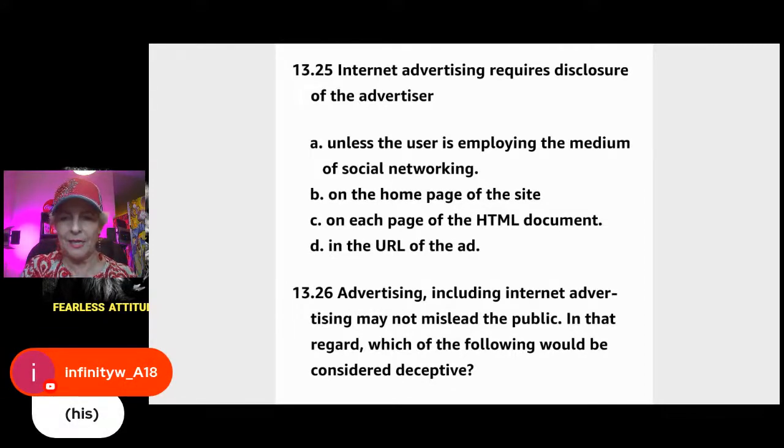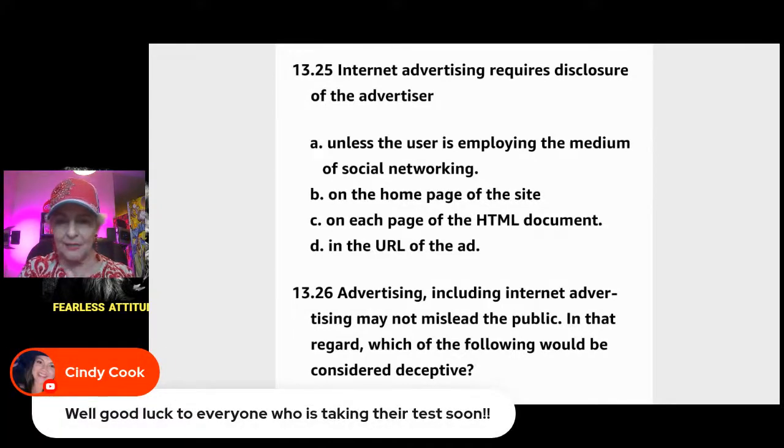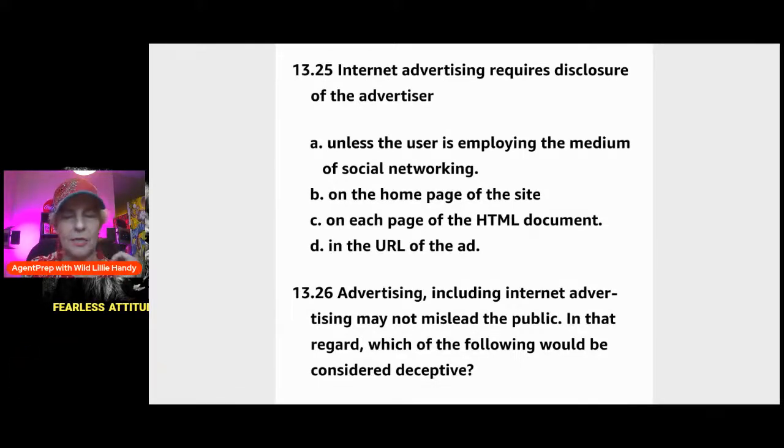Okay, Infinity, his. So let's say it says, well, good luck to everyone who is taking their test soon. Yes, good luck, sending you a prayer, sending you relaxation, comfort, ease, and an excellent memory to remember what you're studying, sufficient to pass the exam